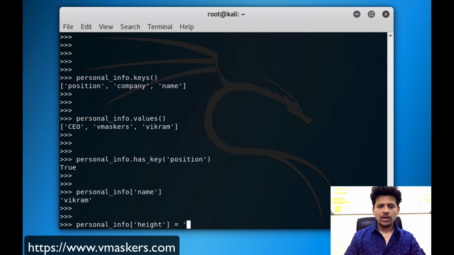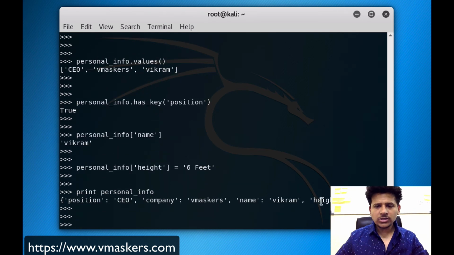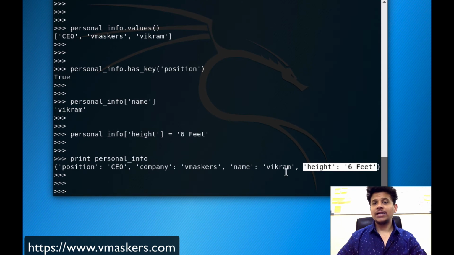Okay, we'll give the value 6 feet. Let's print the dictionary. Okay, so this key value pair is added to the dictionary.